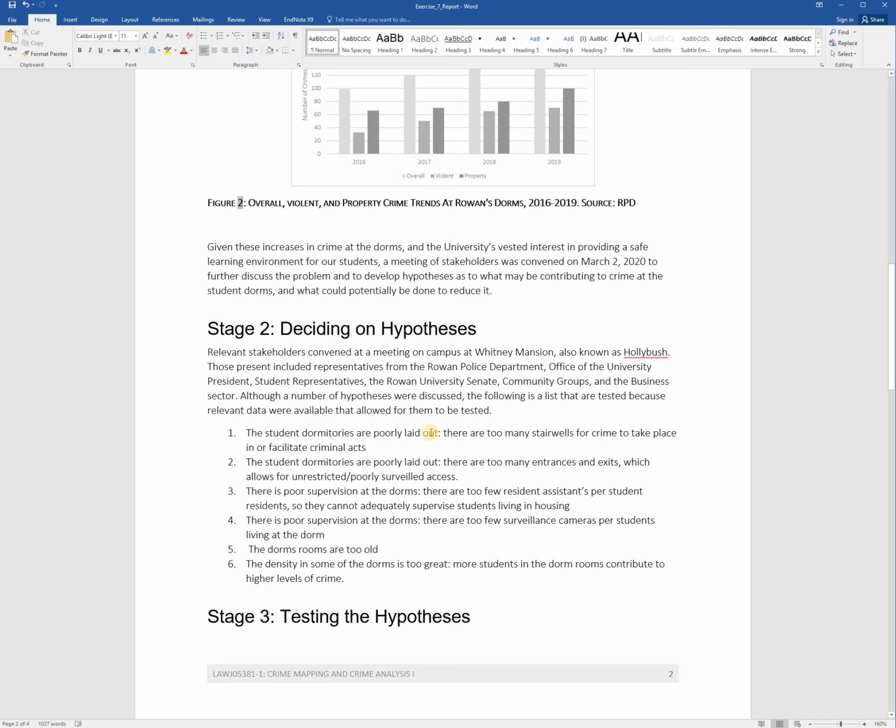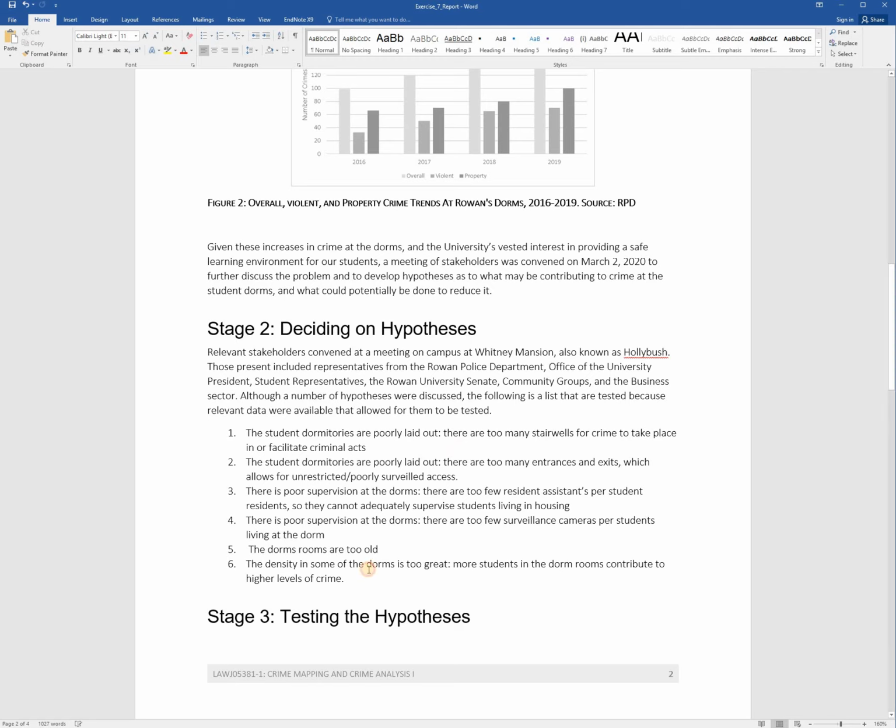In stage 2, what we're saying is that on March 2nd of 2020, we brought relevant stakeholders to Whitney Mansion, also known as Hollybush. We had members from the police department, university president's office, student representatives, representatives from the Senate, community groups, as well as the business sector in and around Rowan's campus. We brought these different representatives together to discuss crime at Rowan's dorms and to develop hypotheses. As a result of that meeting, we came up with 6 hypotheses